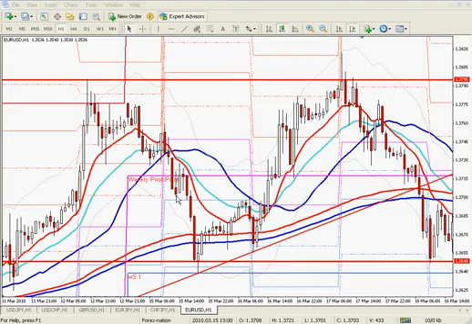That was my first initial entry for the week. Entered right here, and as you can see, price action actually took a rally back up before it fell, but it did fall. You have to stick to your indicators. You have to place your stop loss above two forms of resistance. Those two forms of resistance for me was the two moving averages. So my stop loss was up here, and as you can see, it never even really got close to it